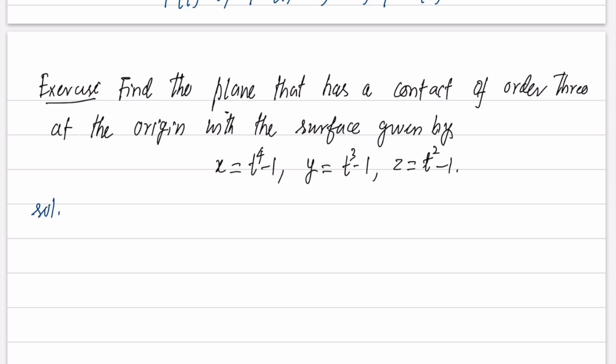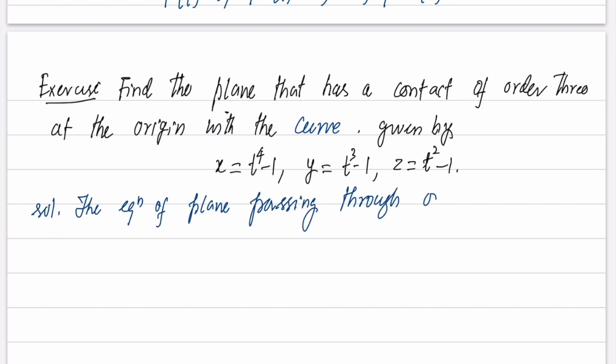In the solution, our first step will be to eliminate. First, let's write down the equation of a plane passing through the origin. This is the curve. The equation of a plane passing through the origin is